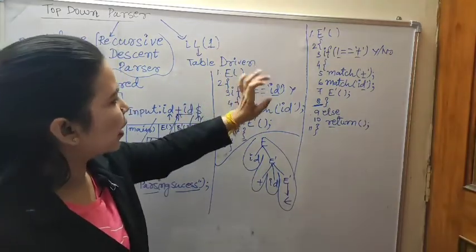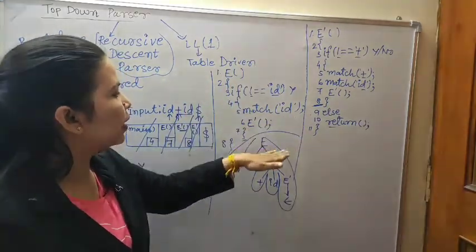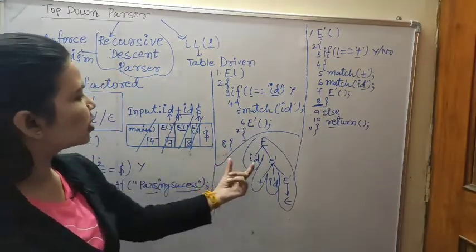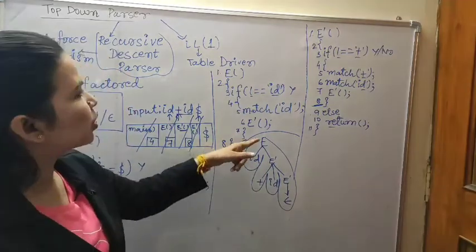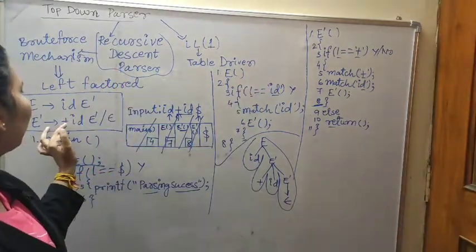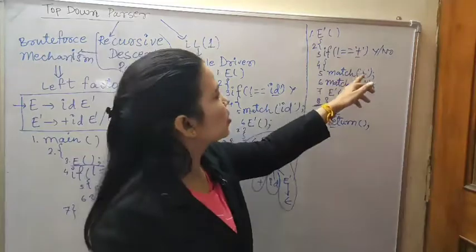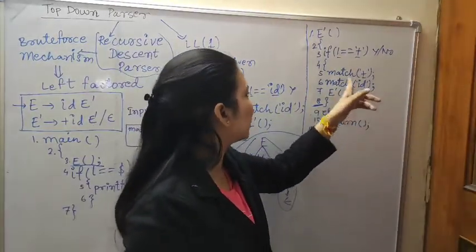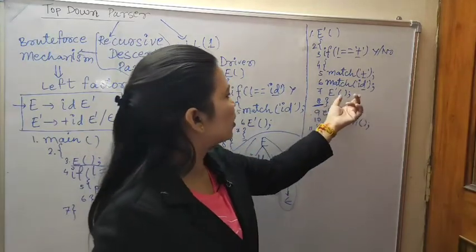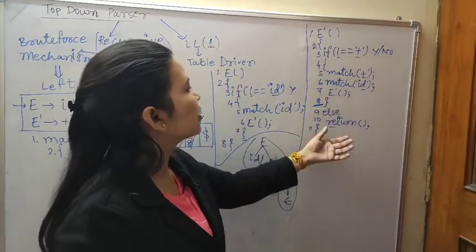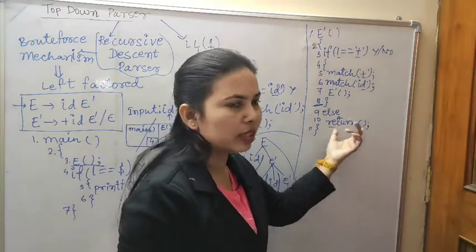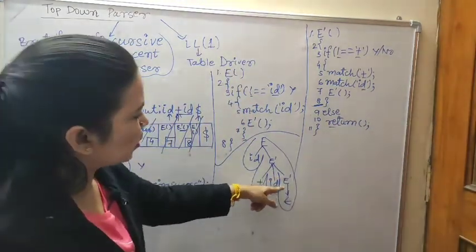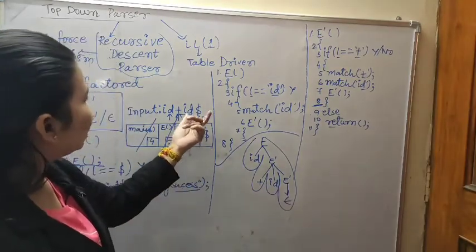Okay, so then id, and we will print the id, and then we will call the function E dash because already in the function id E dash has been given. Whenever we are calling E dash, what is given? Plus id E dash. Plus look ahead, that is why calling for the plus, and match with plus and id and E dash, calling the function E dash, and in the else part, that is return. Return means epsilon. Okay, so that is why here are no letters.